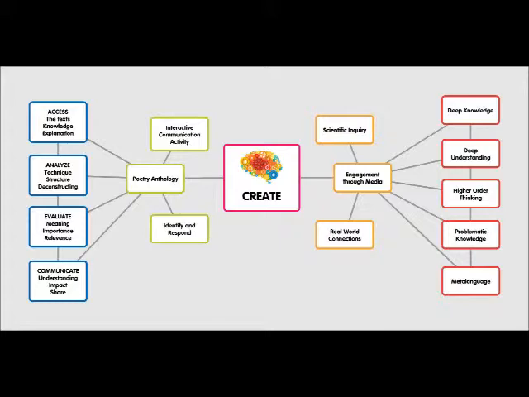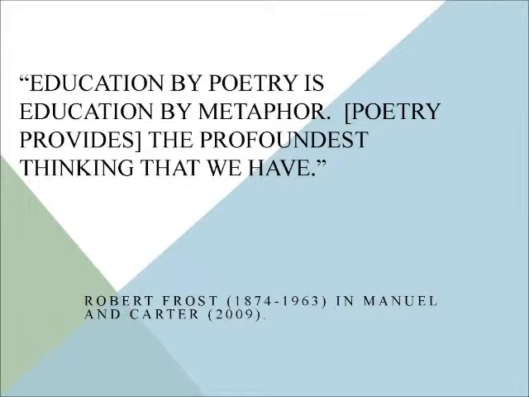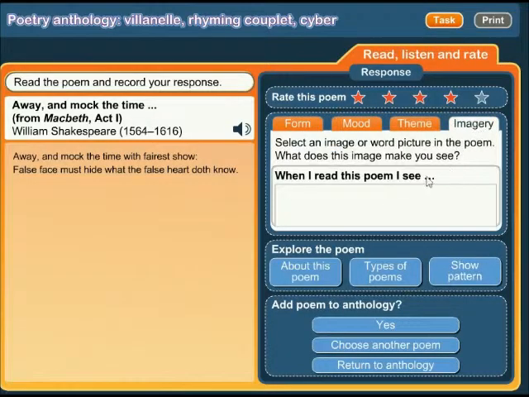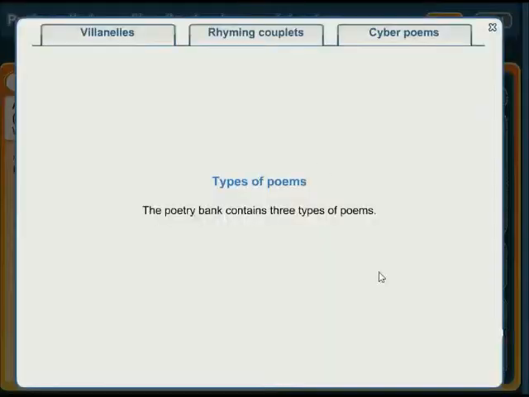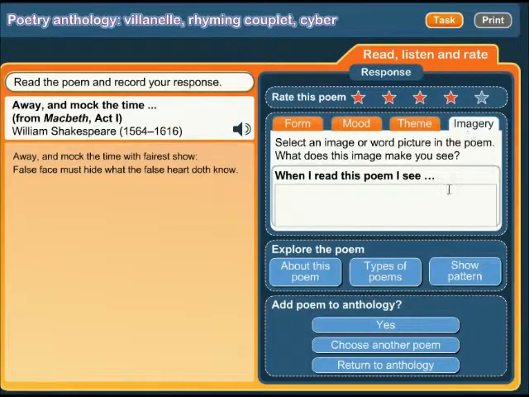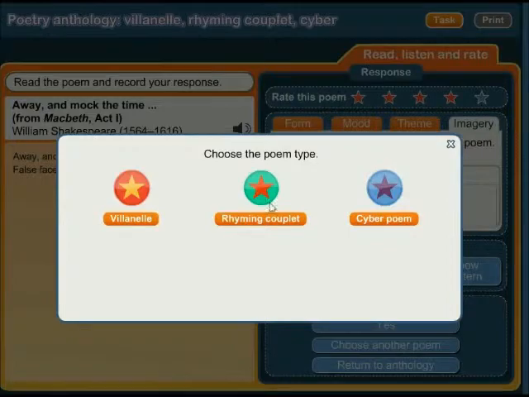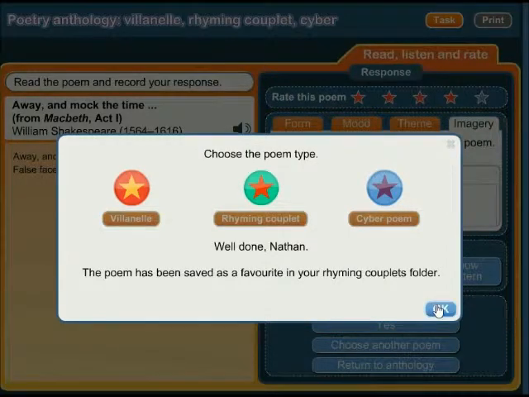Manuel and Carter say that poems are a powerful way of exploring ideas through perspective, metaphor, and analogy, and this resource allows students to actually experience this. The inclusion of cyber poetry in this resource extends this complex but essential way of thinking to the visual domain and allows students to understand the concept of visual analogy and the image's power to manipulate the viewer's content understanding in the ways that Messaris, in 1998, views as so important.